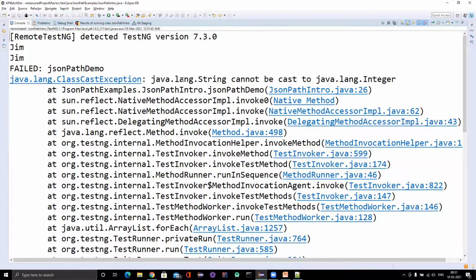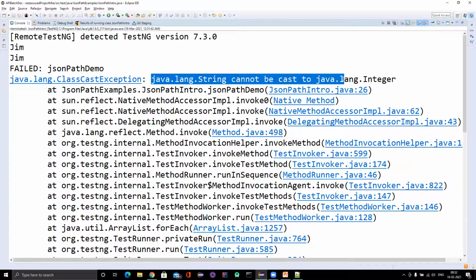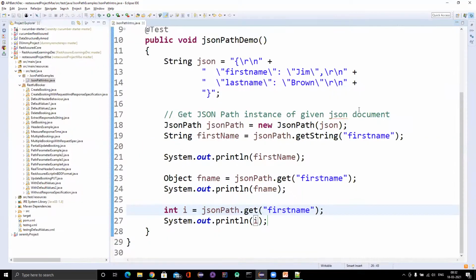If you read the description, java.lang.String cannot be cast to java.lang.Integer. Why? Because the value of first name is Jim, and obviously we cannot store Jim into an integer, because we cannot store alphabets in it. That's why we're getting a class cast exception.